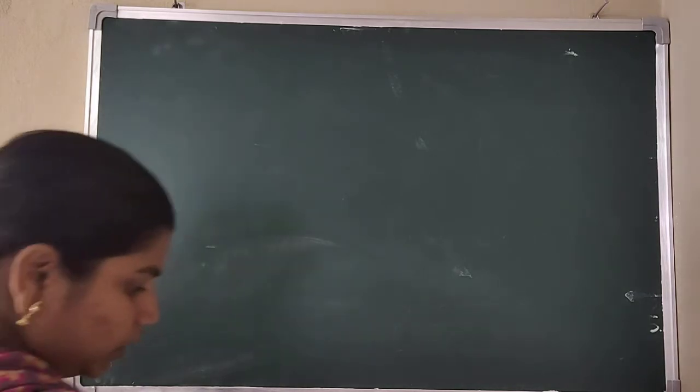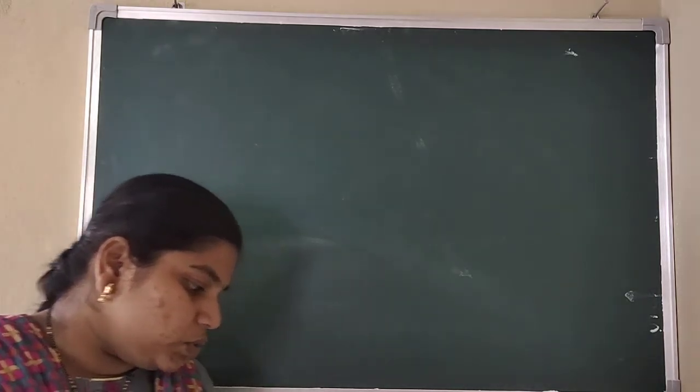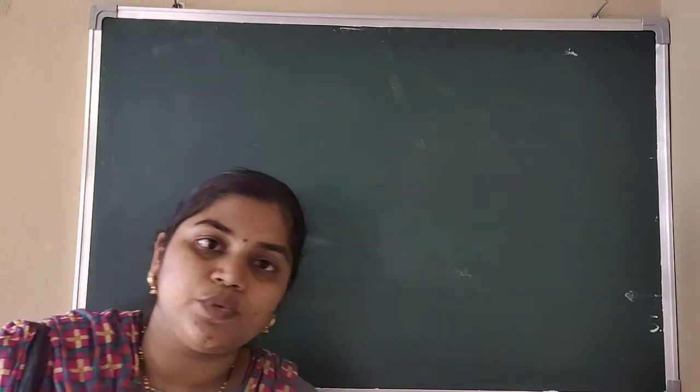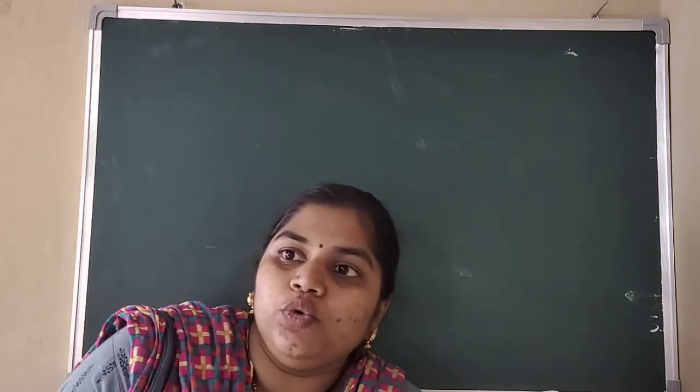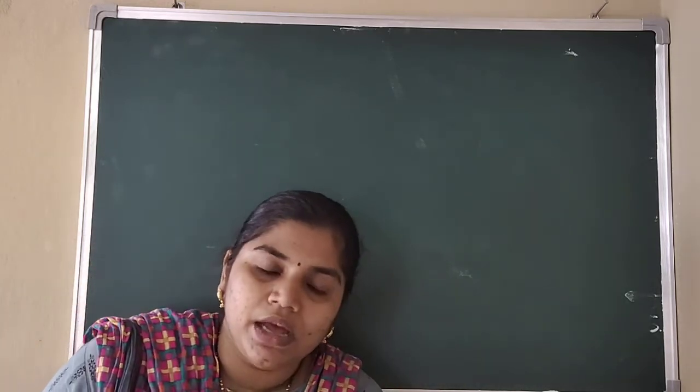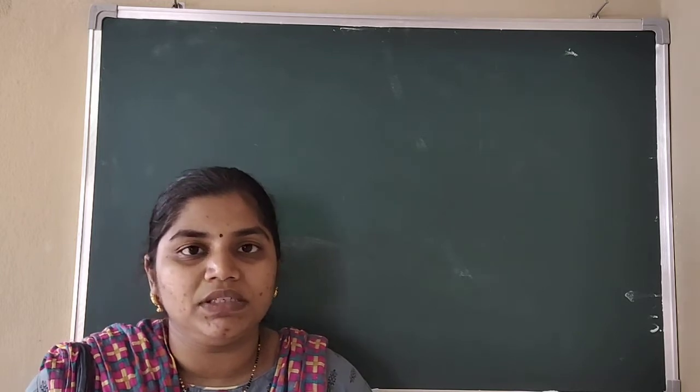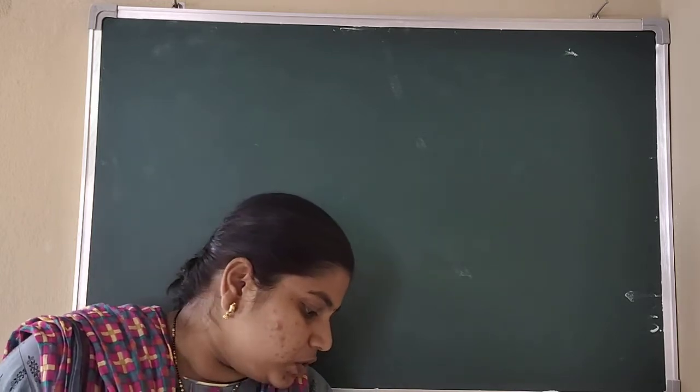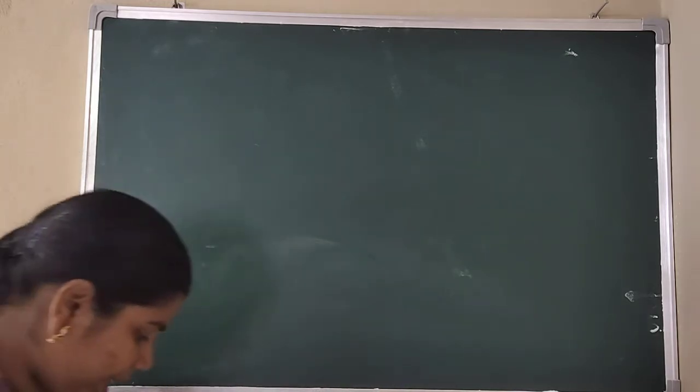Next is third question. So next is third question. What are those two numbers whose sum is 58 and difference is 28? So if you are adding any two numbers, the result is 58, and if you are subtracting any two numbers, the result will be 28. So what are the two numbers we have to find now?